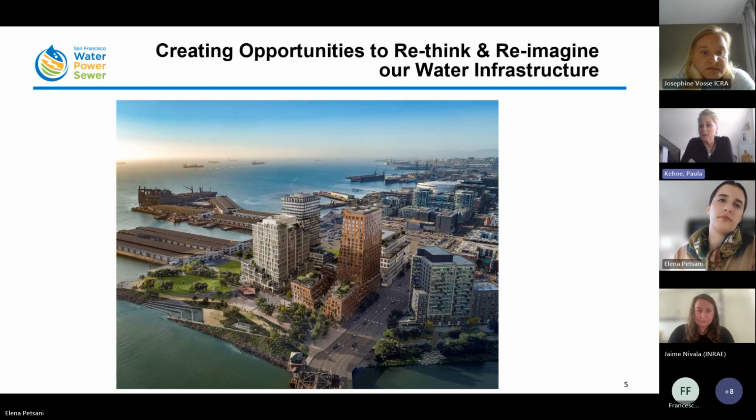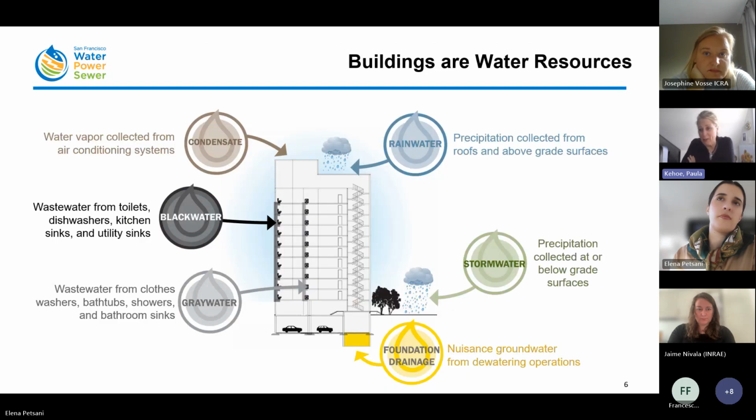And really, when it comes to the topic we're talking about, that really made us think, how can we reimagine our water infrastructure in buildings, and buildings that are being built in San Francisco, as well as our landscape around these buildings. Next. And through that thinking, we wanted to recognize and acknowledge that buildings are actually sources of